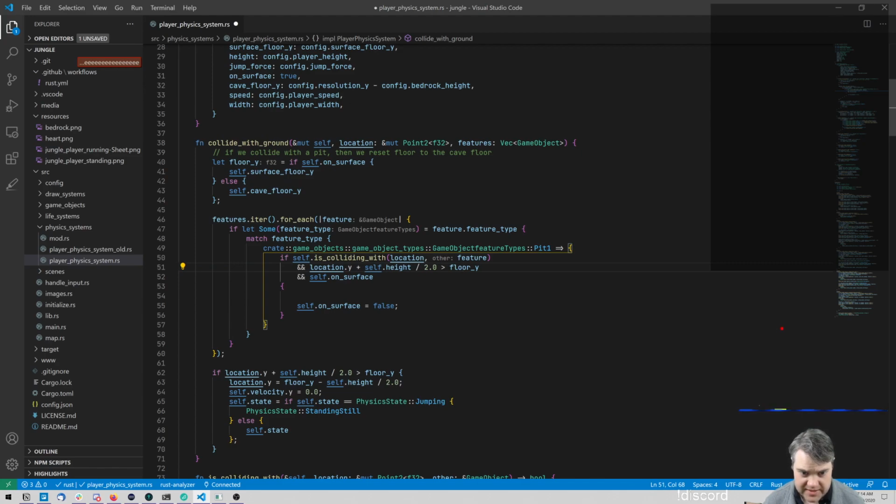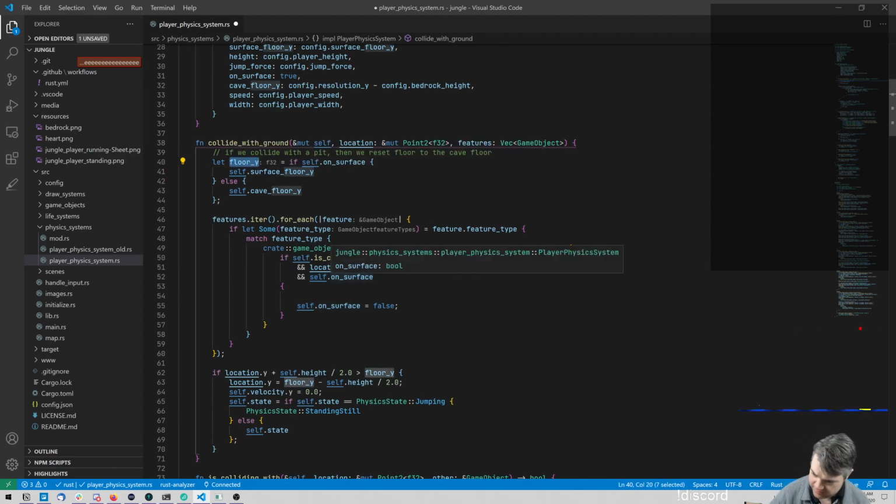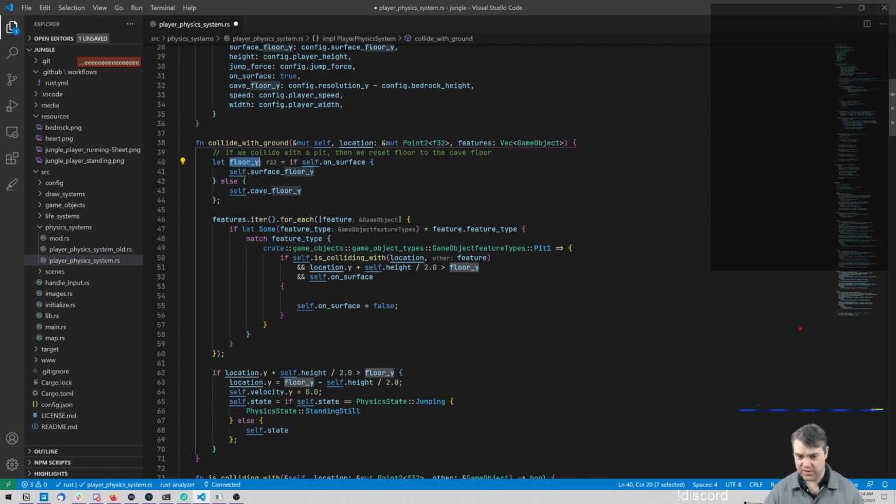And floor Y is set to, well, it's going to be interesting because it's going to be set to surface floor Y the first frame, but after that it'll be set down here, and so I can't use surface floor Y. But we can actually use the edge of the pit. So we need to check to see if our feet are 1 pixel down below the surface floor. If they are,